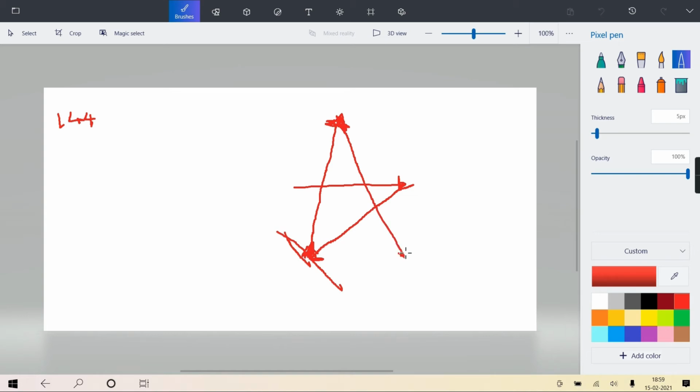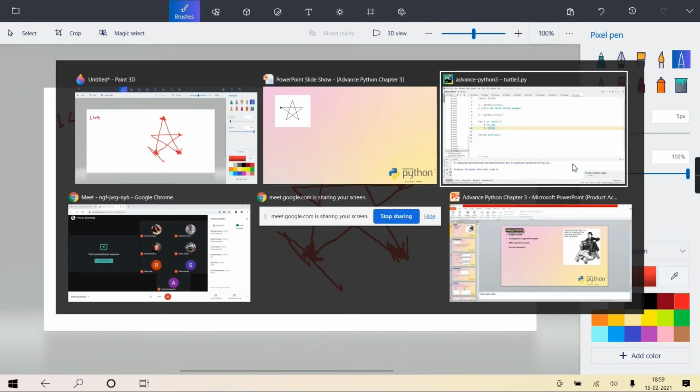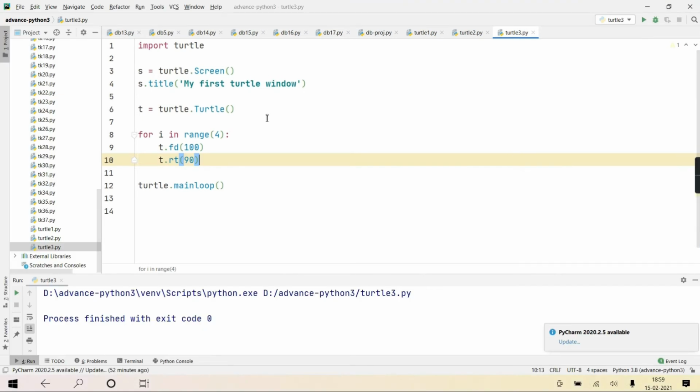Clear? Now the face is this side, and from here I am saying again right how much? 144. So this will be complete 90 and 54 plus. So the face will look now in this direction, and from there 200, so it will complete here. You understanding? Okay? So what will be the loop you will write to complete this star? Very simple loop.